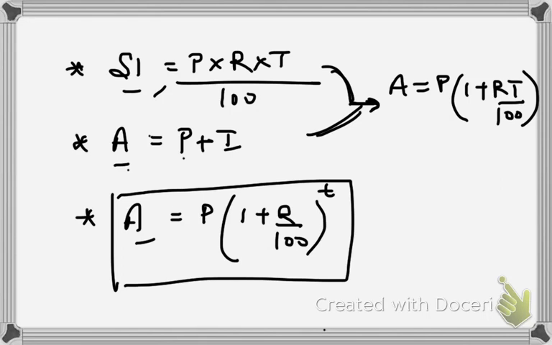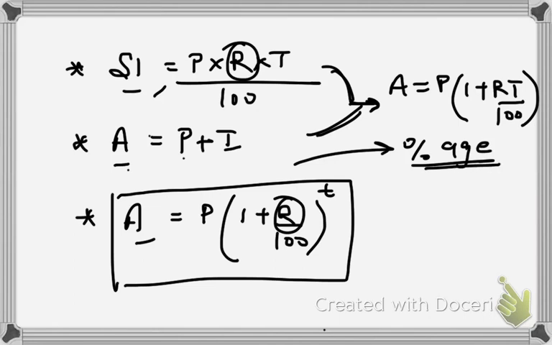Now how can you relate it to your percentage chapter? Well, your rate involved here is in terms of percentage. So if anything comes from percentage, ultimately you can relate it to the percentage chapter. How? You can use the percentage chart, then you can use your squares and cubes to solve these simple interest and compound interest questions.